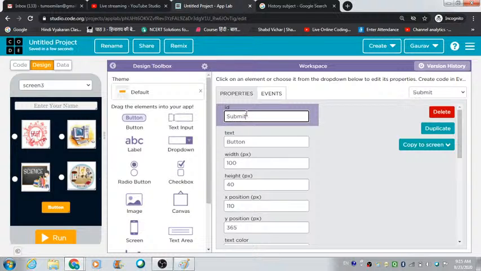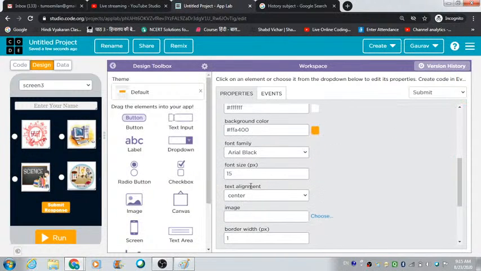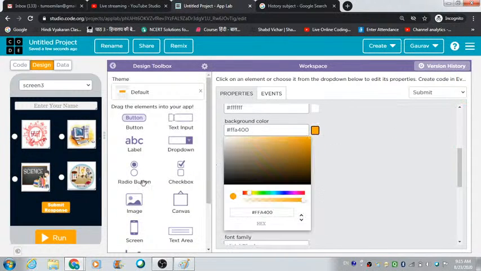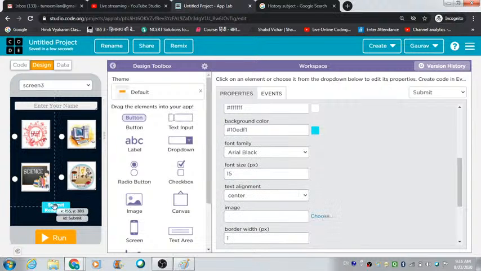This button I am going to give the ID as submit, and the text that I want to get reflected on this one is submit response. Okay, and what is the color that we can give to this button to make it look better? How about light green? How about this one? Yeah, this one is looking good. We can use this one. Okay,